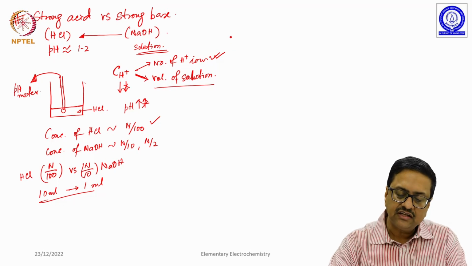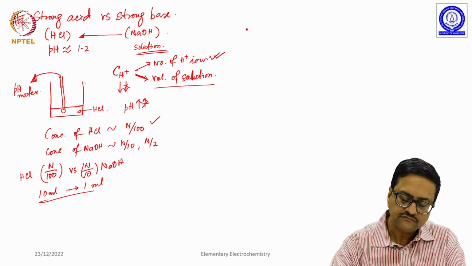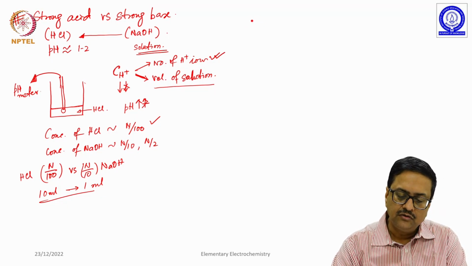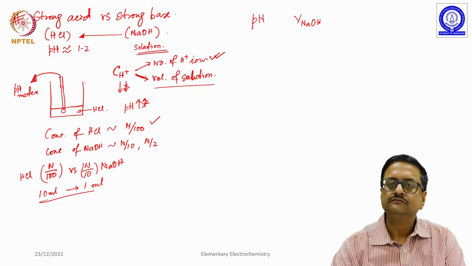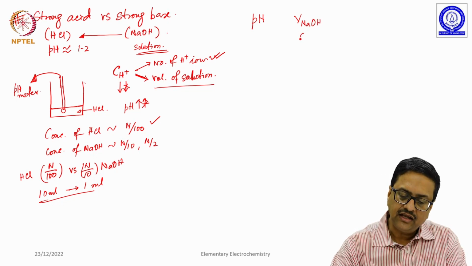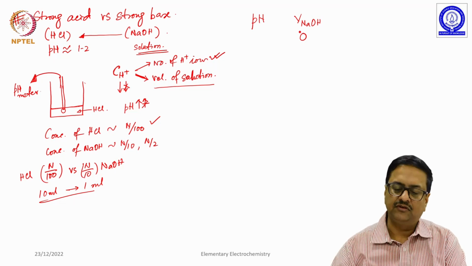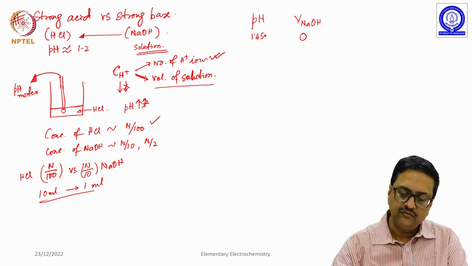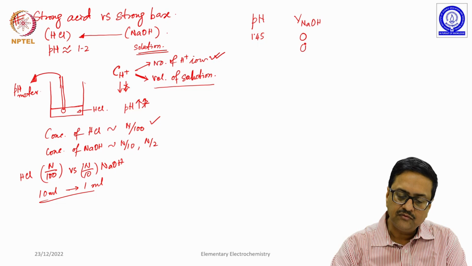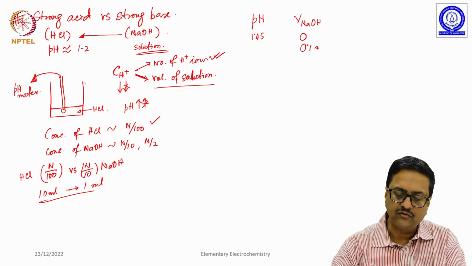So, now when somebody is measuring the pH of a solution with the added volume of NaOH. When you have not added any NaOH solution, 0 volume of NaOH, suppose the pH is 1.45. Now, with slow increase in volume of NaOH, say 0.1 ml,